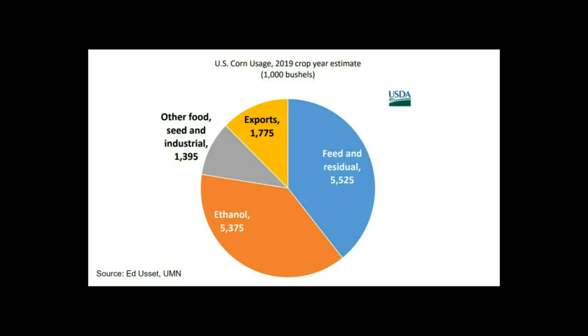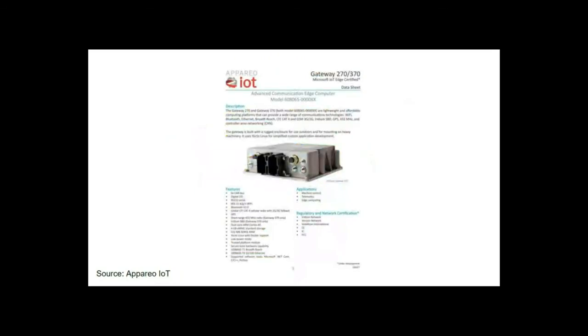But as far as corn, which is the majority of what's used, at least in Minnesota and grown in Minnesota, I'm speculating that they're going to actually be hurting, because a lot of it goes to ethanol. Now that being said, their fuel cost is going to go down. So who knows? But we just know that on the top line side, they're going to be in trouble. So with that context, let's look at some examples. One super interesting example was this device from Apario IoT.